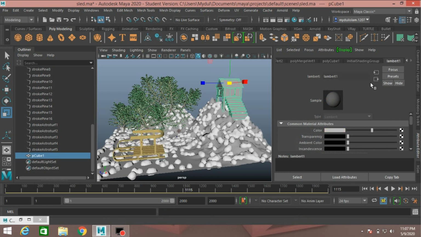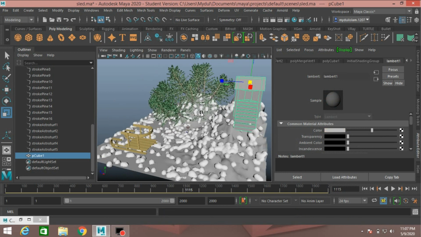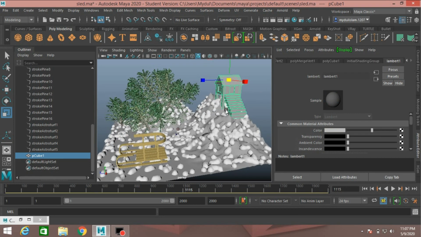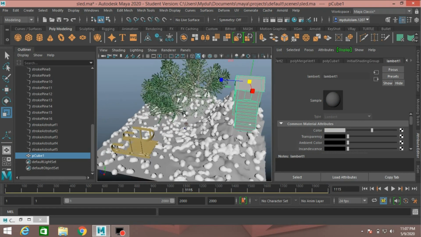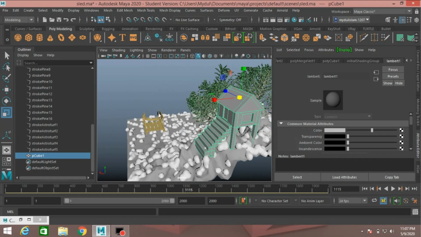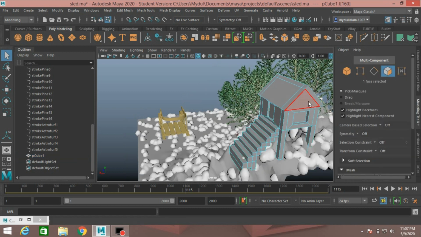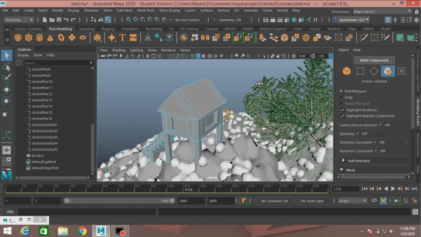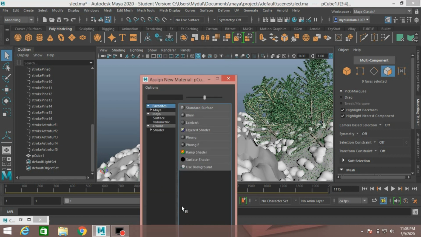Select the house. Go to face selection mode. Select this face, the upper face. Shift select this. Right click, assign new material.